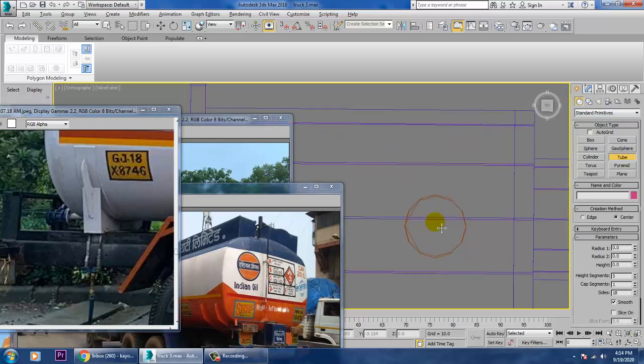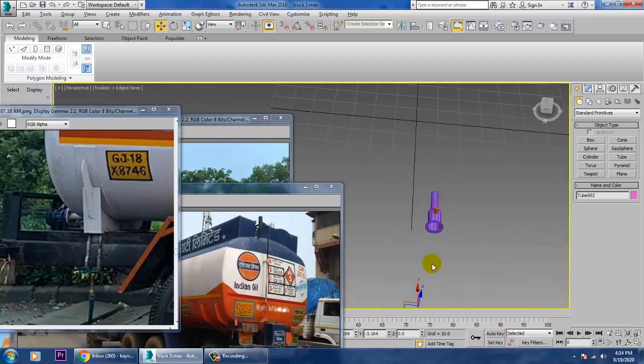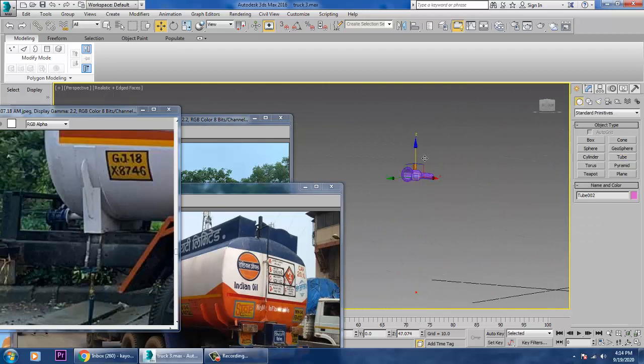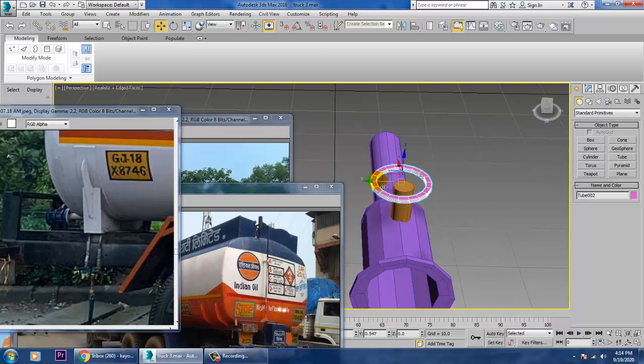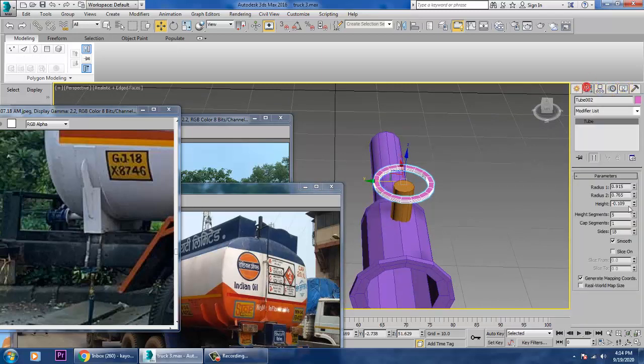Or if you don't want this, you can just take a tube over here. Go to the top view, take a tube and just push this up. Scale this bigger over here and reduce its height segments.